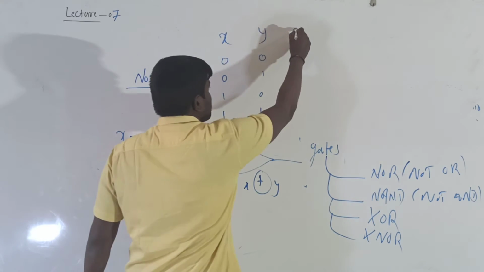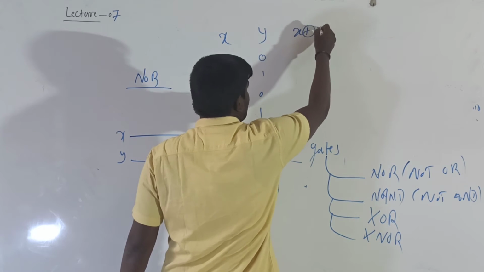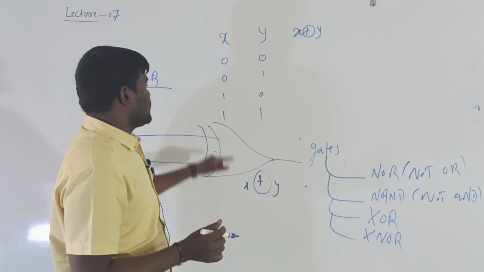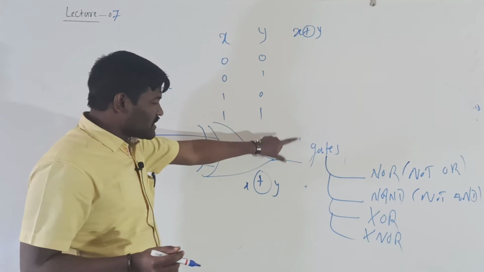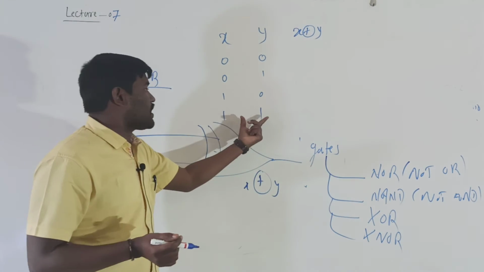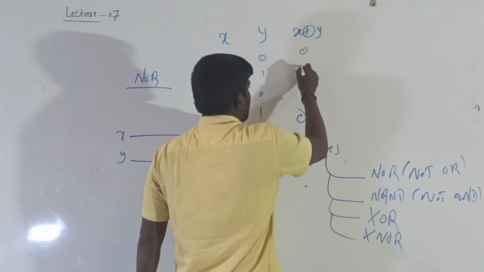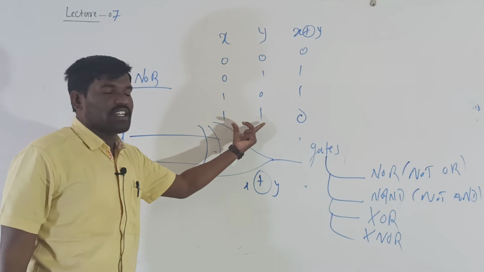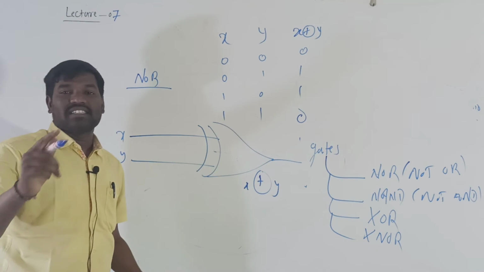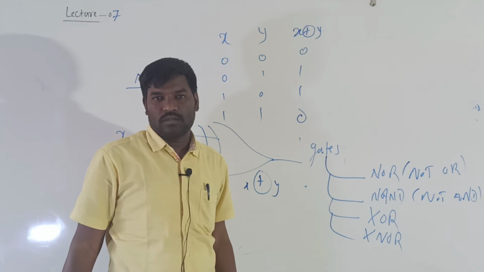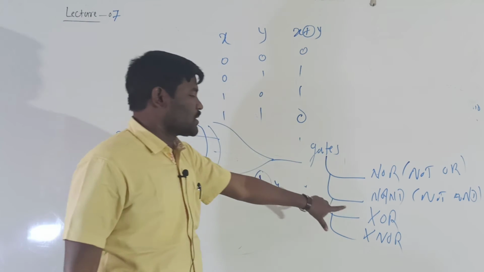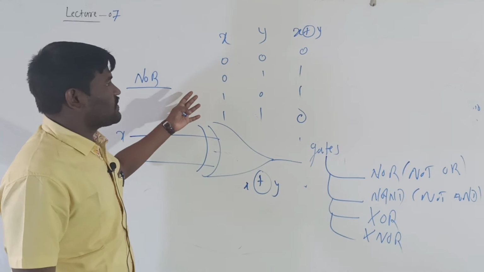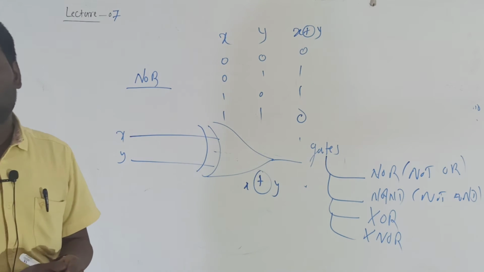See here, this is the symbol of XOR. Suppose you are writing the OR truth table, 1 1 gives 1, but with respect to the XOR gate, 1 1 becomes 0. So the outputs are 0 1 1 0. In the XOR, if both the inputs are the same, then the result must be 0. This is the one difference between the XOR and the OR gate. In the same way, we have to write the 3 variable truth table.